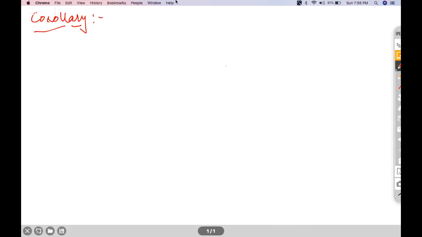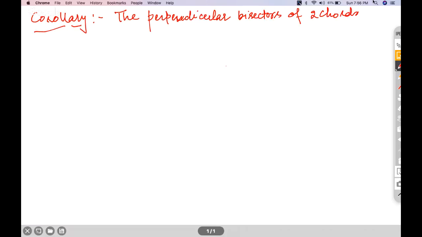So look at it. The perpendicular bisectors of two chords of a circle intersect at its